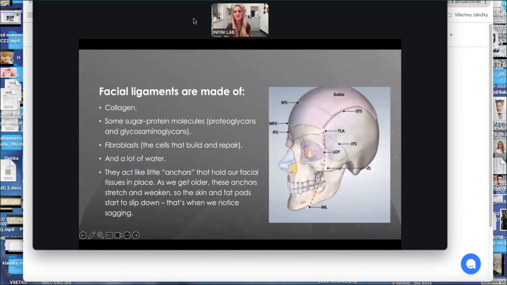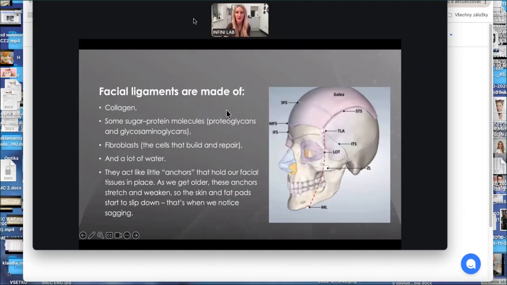And yes, we can stimulate the ligaments because they are built from collagen, from fibroblasts. So if we have the collagen that the tissue can produce, and if we have fibroblasts that I can stimulate, it means I can support those structures. So even if the bone underneath is shifting or rotating with age, I can still hold the ligaments, keeping as much elasticity and holding capability as possible. As you can see in here,